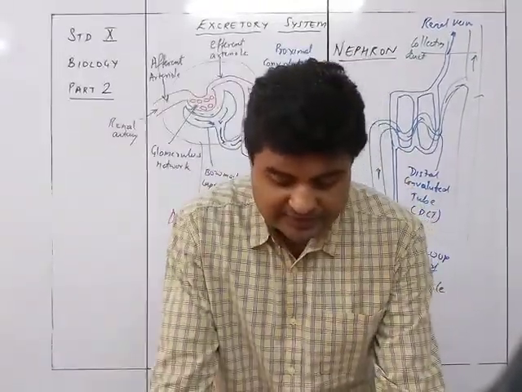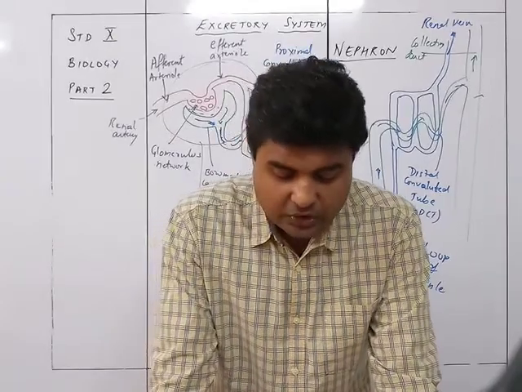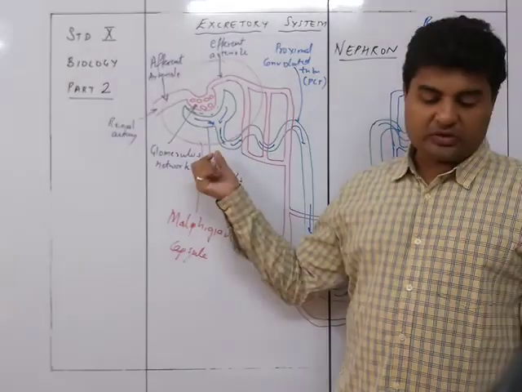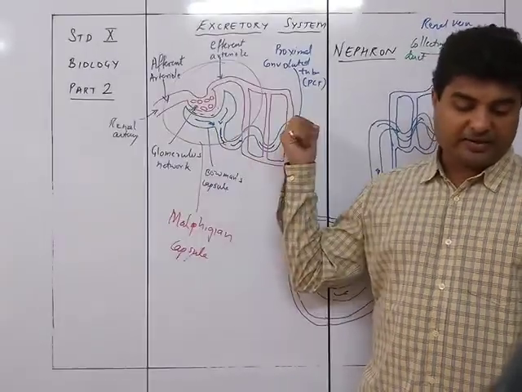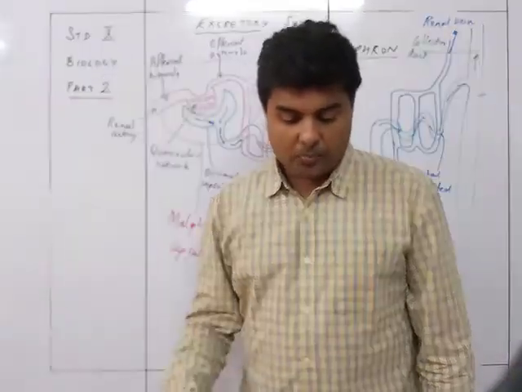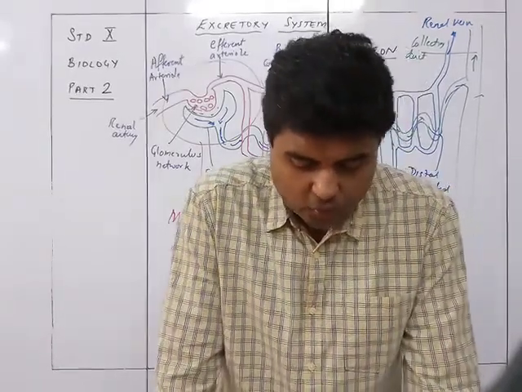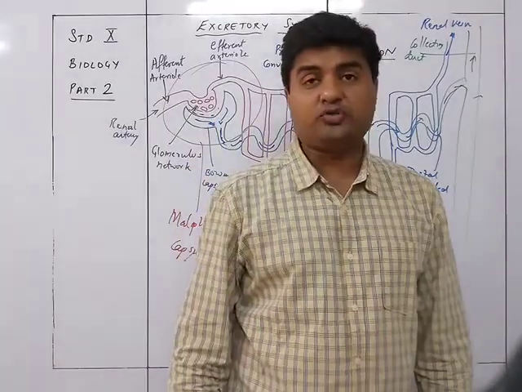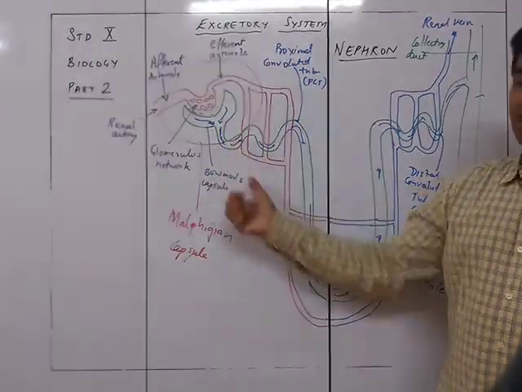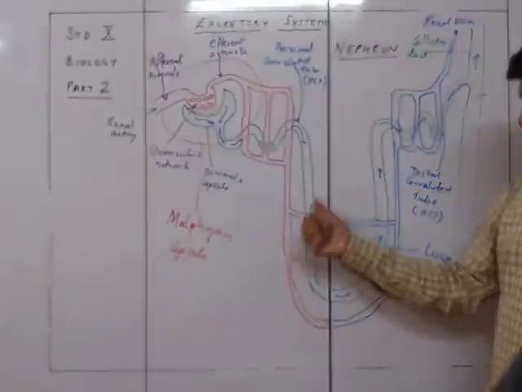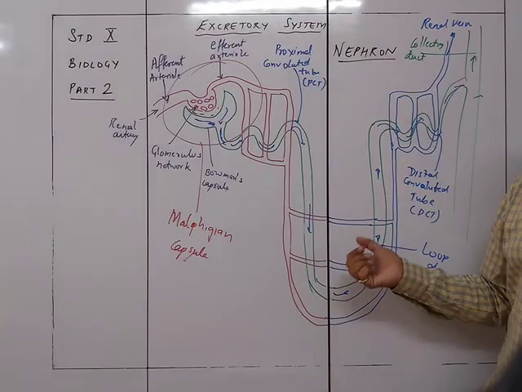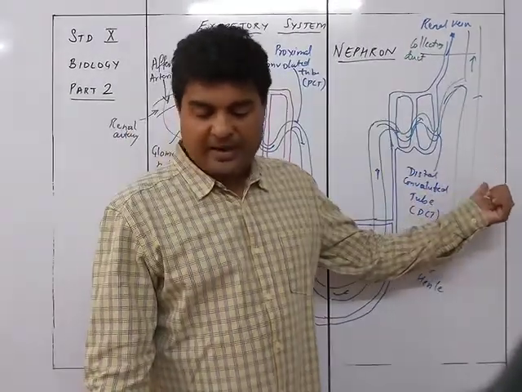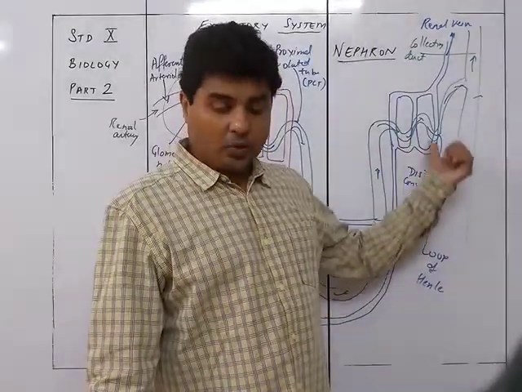So this is the stepwise formation of urine. There is ultrafiltration taking place, and Bowman's capsule receives the glomerular filtrate. Then in the PCT, most water, about two thirds, and most of the glucose, sodium, and chlorides are reabsorbed. So here the maximum amount of water, salt, and glucose is reabsorbed. In the loop of Henle, there is some absorption of water and sodium ions, only a certain amount. And over here is reabsorption of the remaining chlorides and water.